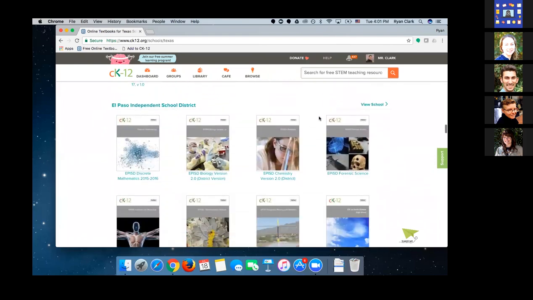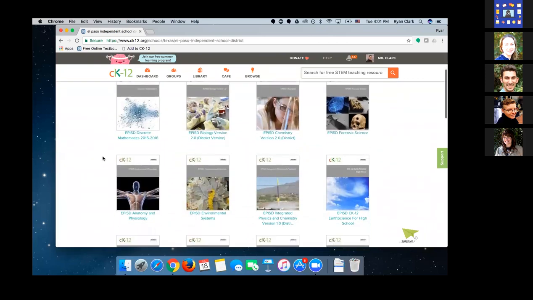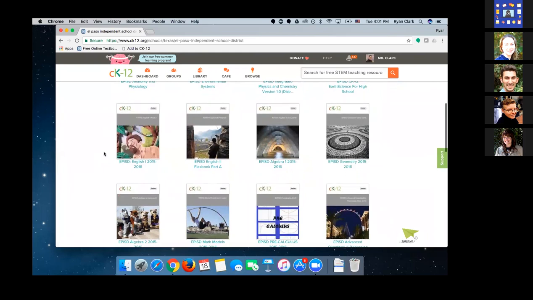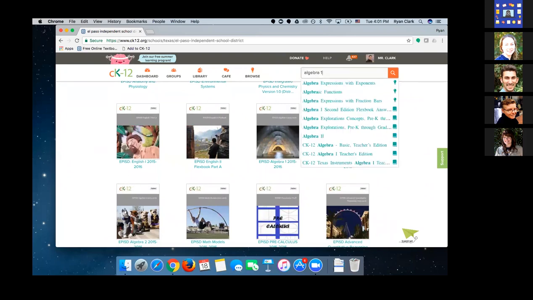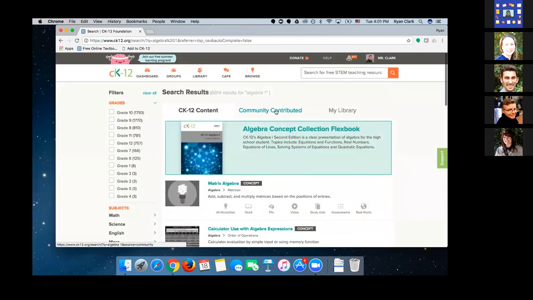So I'm going to go down and go here, and I can see that they have all of these resources, and I could find the algebra book that's specifically tied to that state standards. You could do that for your state, and that might give you a really valuable starting point. Another idea is you could always use the search feature. So maybe I can look and I can say like Algebra 1, and then if I look over here, something